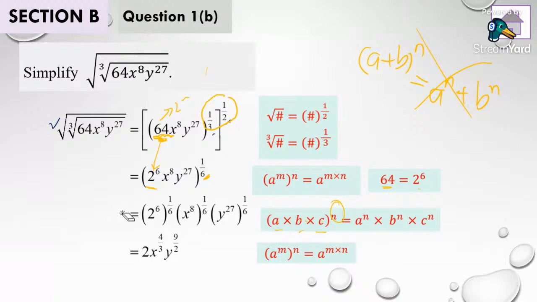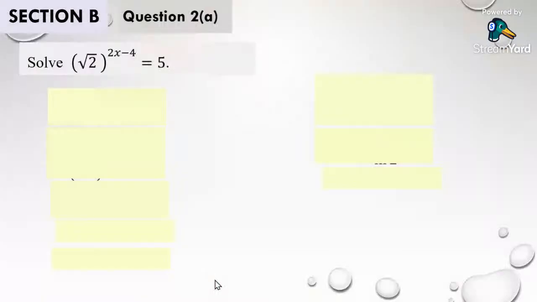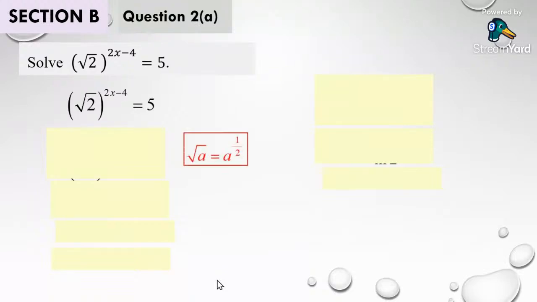Go on, the last question. Number 2. Solve this equation here, guys. Let's see how we solve this equation. First of all, we copy back the equation we have there. And the next thing I want to do, okay, guys and girls, the way to solve this question, again, you have varieties of ways that you can try. But what I suggest you do here is that I would like to convert the square root to become indices, power of half.